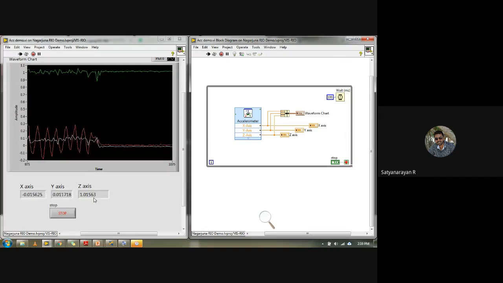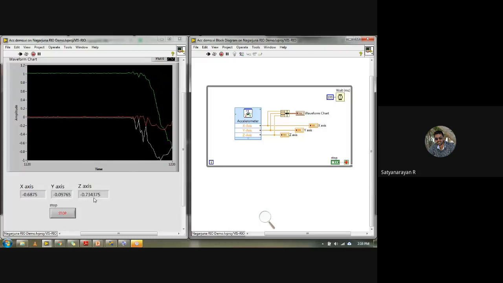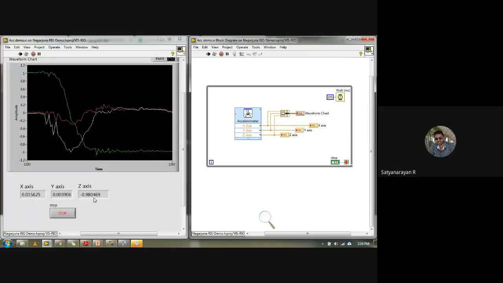So here, representation-wise in LabVIEW, it is well and good if you have given the chart as well as the numeric indicators properly. Okay, same way if I make a z flip, now you can see the green line is coming around -1.